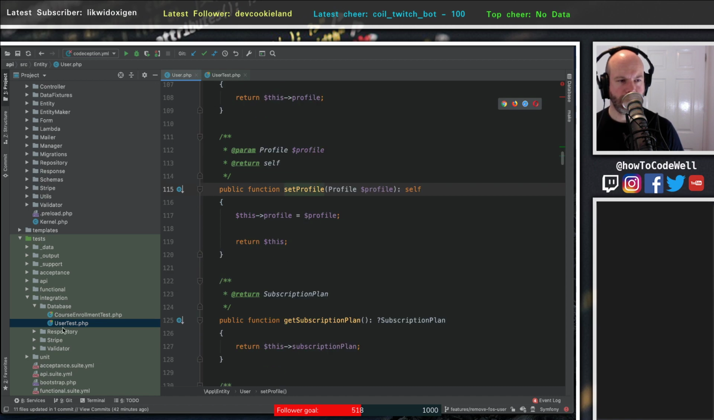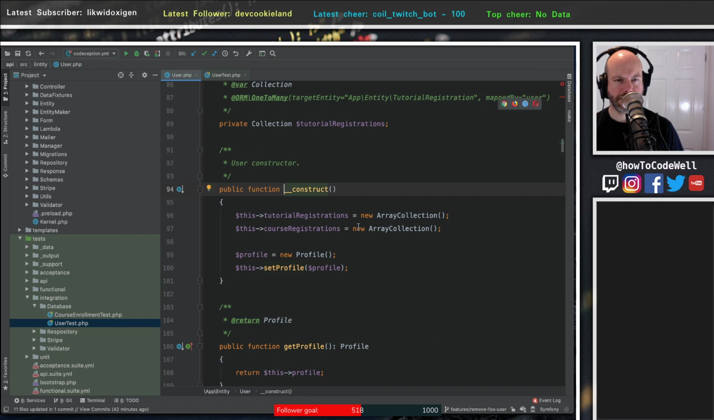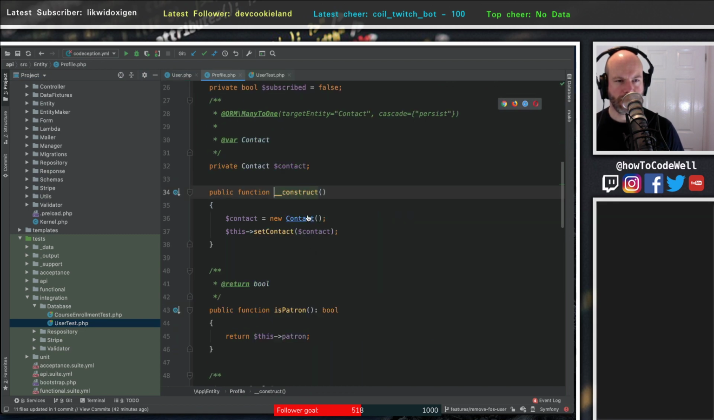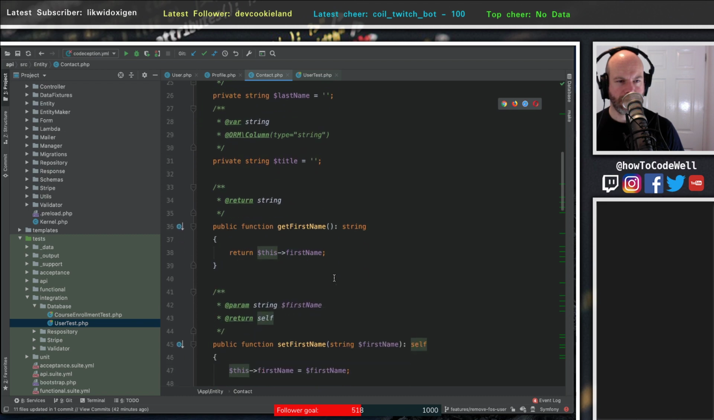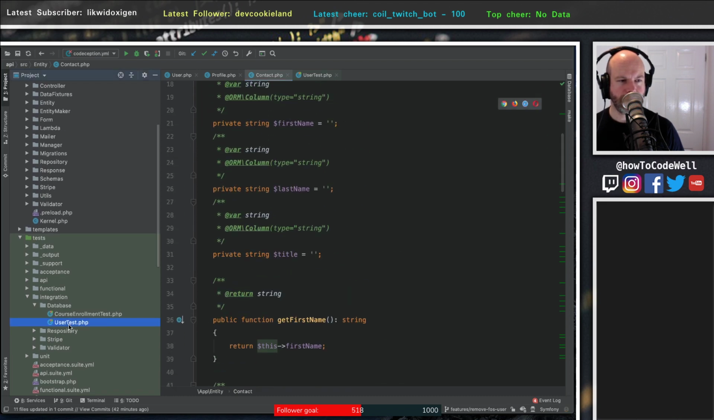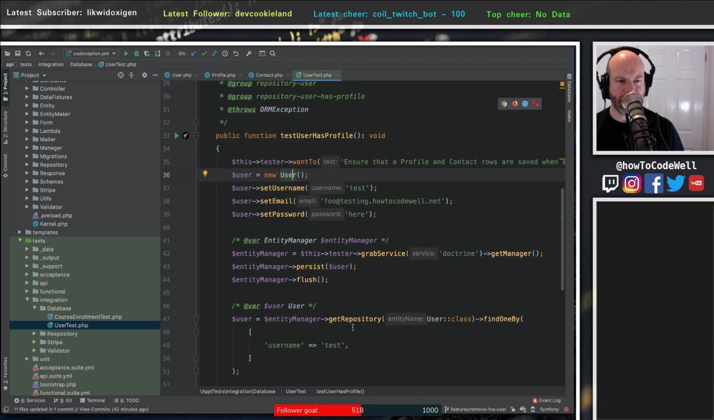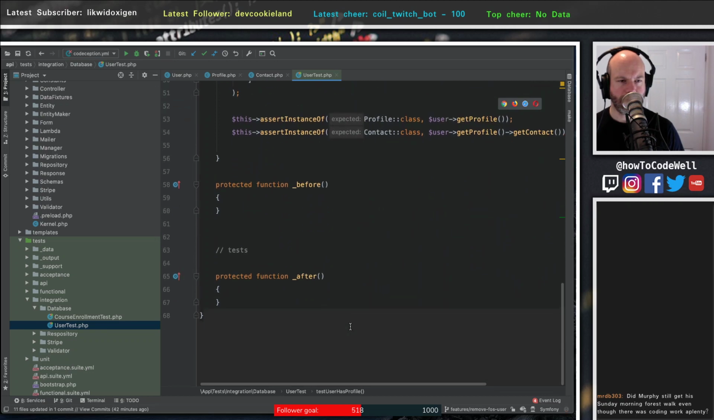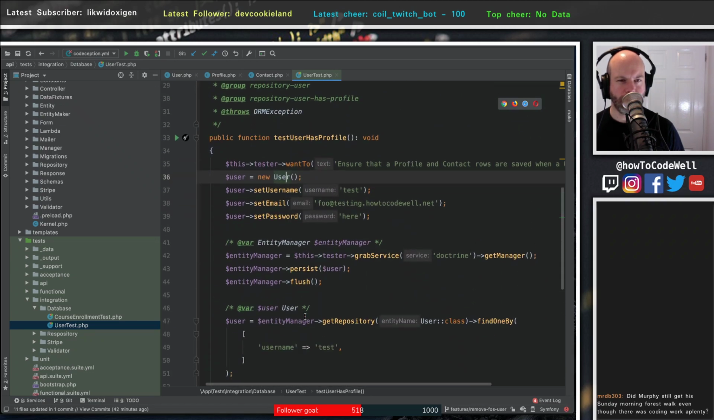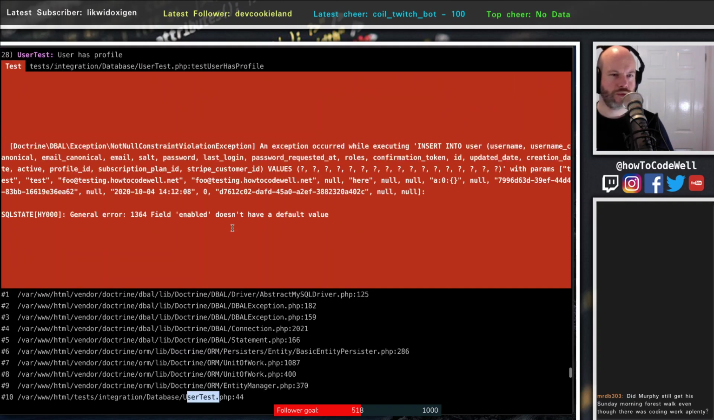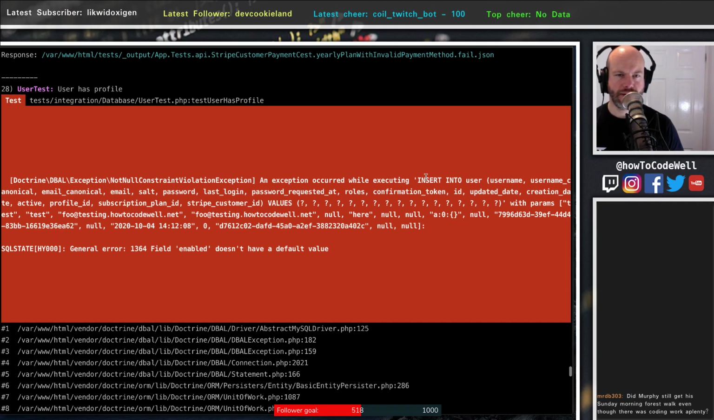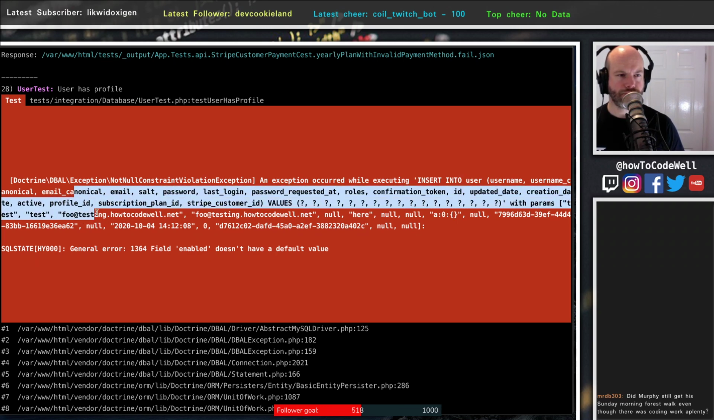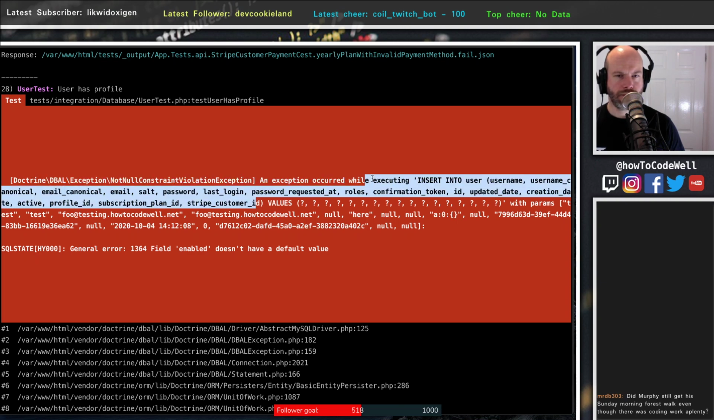That seems okay. So we instantiate a new profile, a new contract. Yeah, that seems all right. There's nothing in here about enabled, so I'm a little lost as to why that would be throwing an error. It's a SQL issue, so it will be when it gets added to the insert into username, blah blah blah, email, login, active. There is no enabled in here,